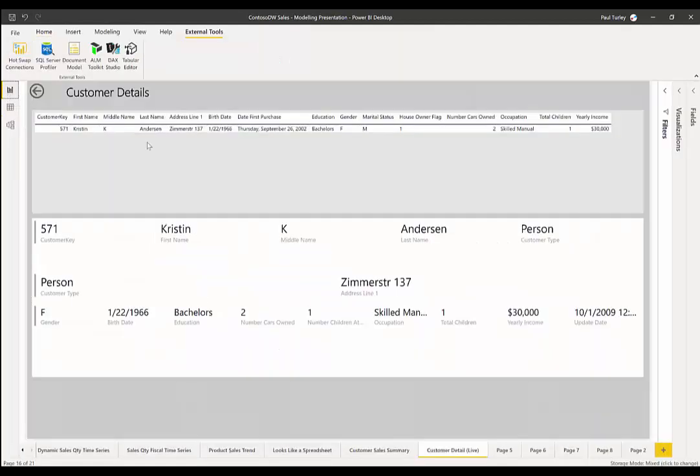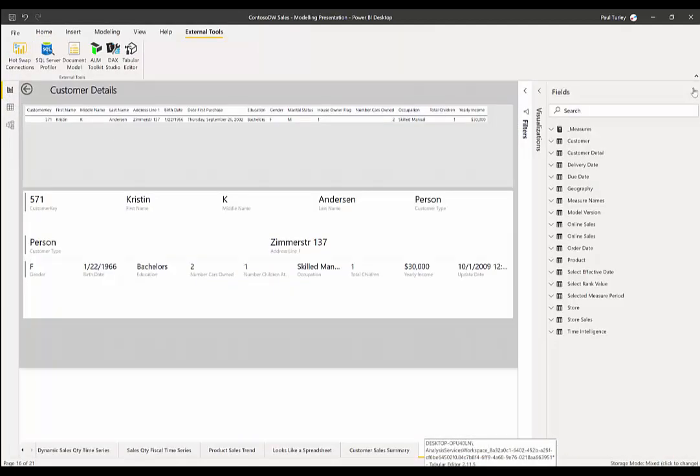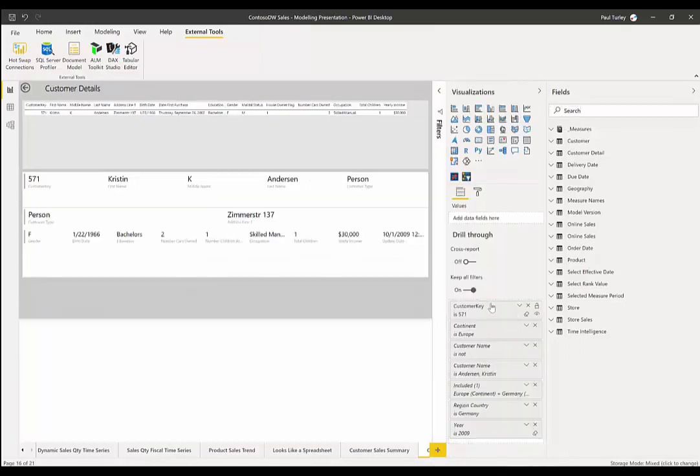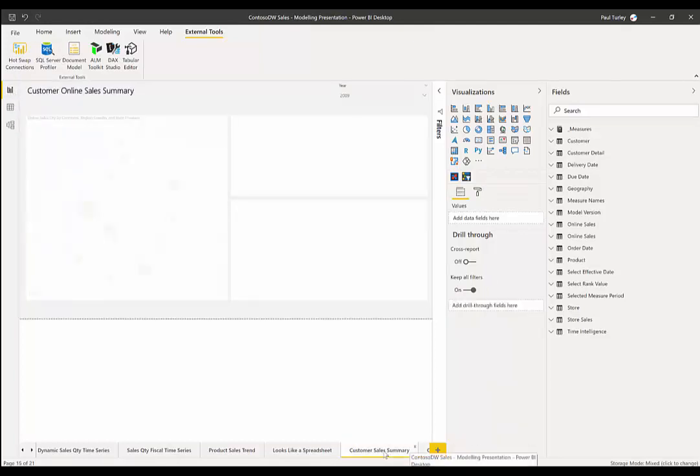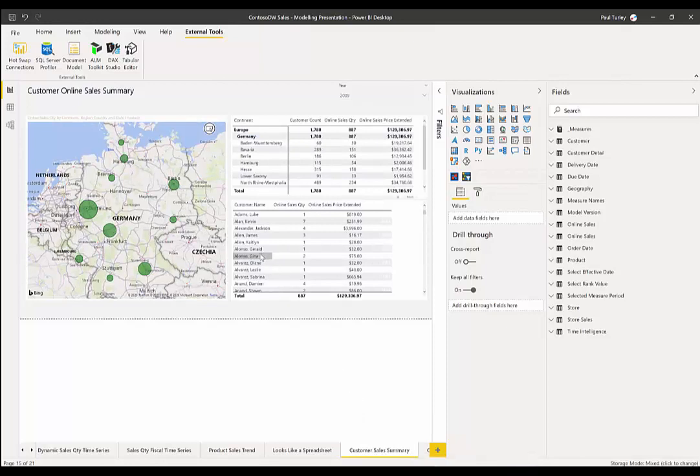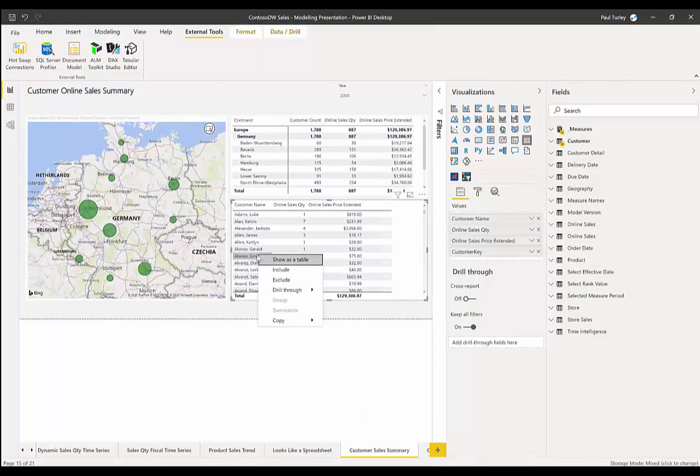The rest was just report design. So this is a drill through report that I added some filtering fields into, which then made it available to drill through into. And now when I right click on any customer record or any other visual that contains those fields, I have the option to drill through.